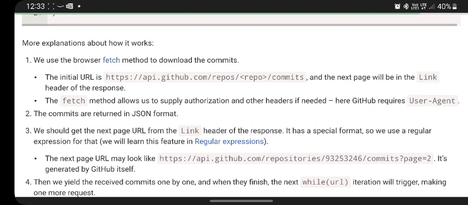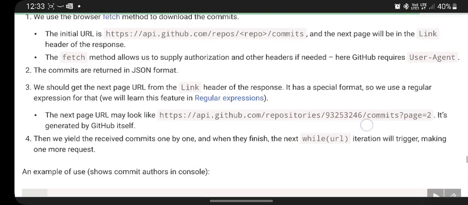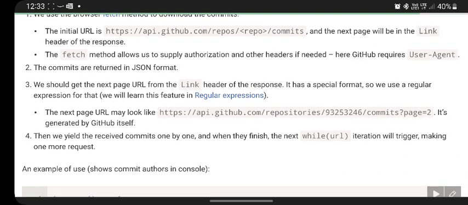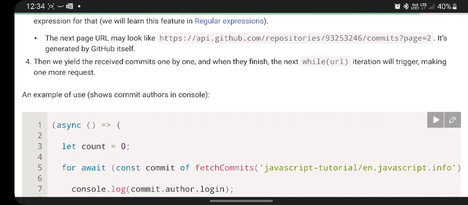It is a special format, so we use a regular expression for that, and we will learn about regular expressions in another topic. The next page URL may look like commits, then the question mark, and page=2. It is generated by GitHub itself. Then we yield the received commits one by one, and when they finish, the next while(url) iteration will trigger making one more request. An example of use shows commit authors